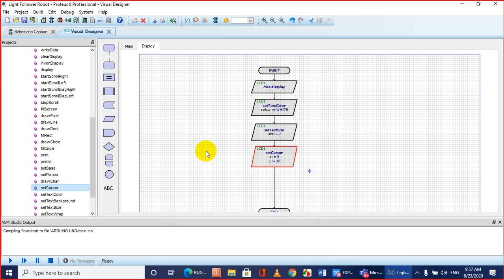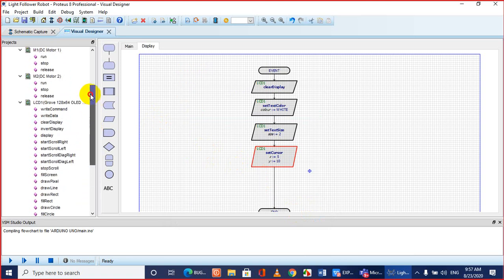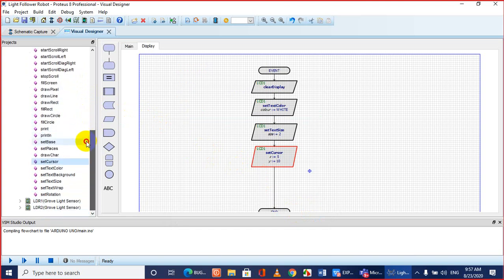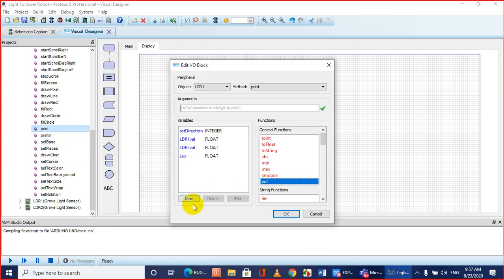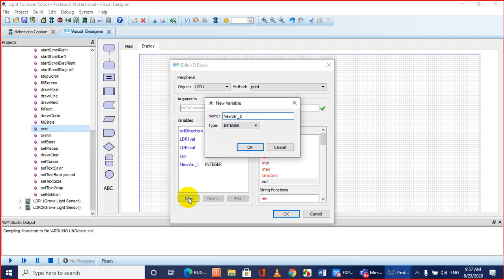Now we can print the message by the function called print. So let's get the print function from over here. Print. So let's create a variable for message.